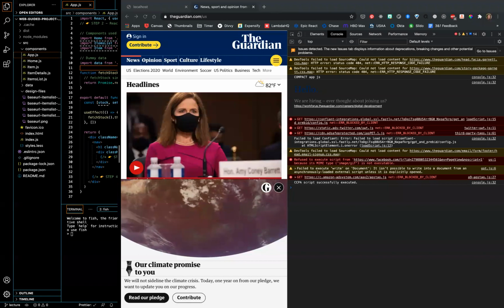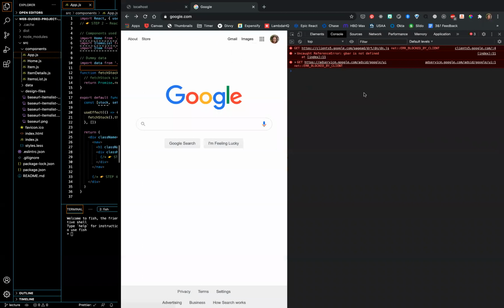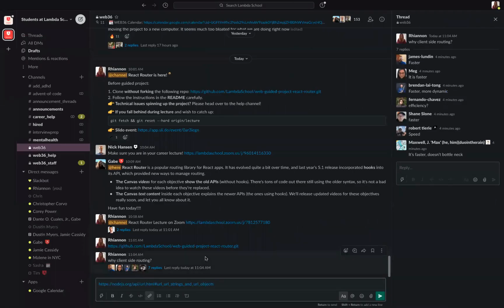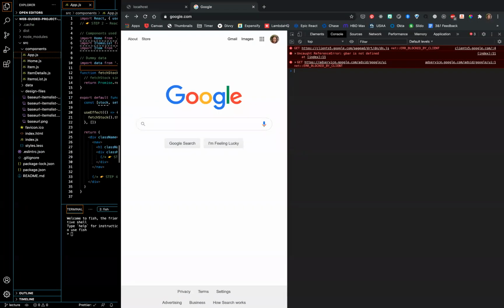So those are some of the basic things that we can do. We can use this for DOM navigation. We can go backward and forward in it. And one of the key things we should probably do is have a look at this thing. Let me just drop this into Slack if I can. And if you have a look at this whenever you feel like it, it is a link to